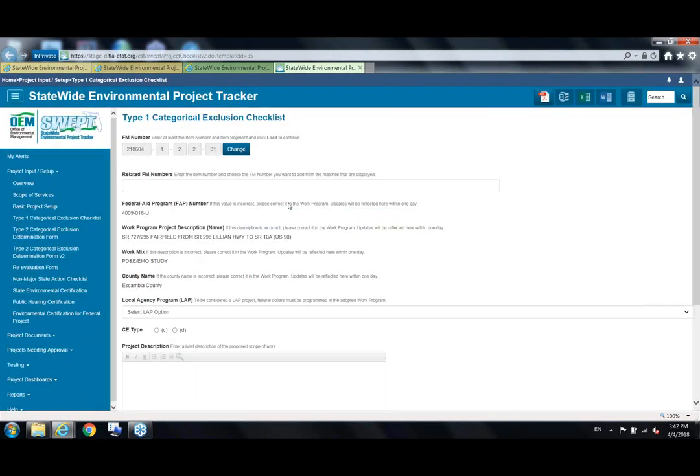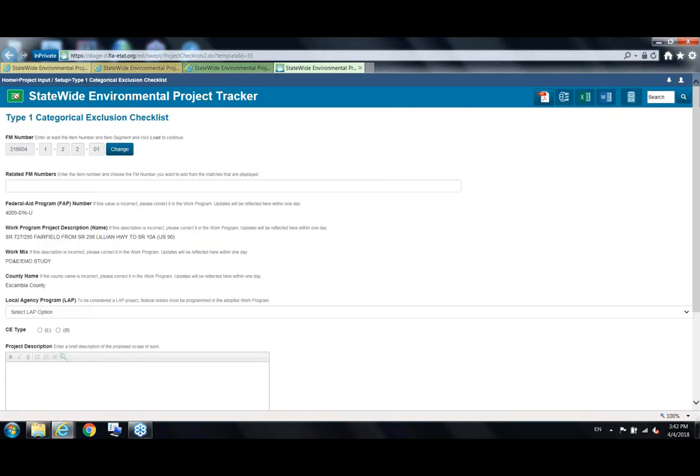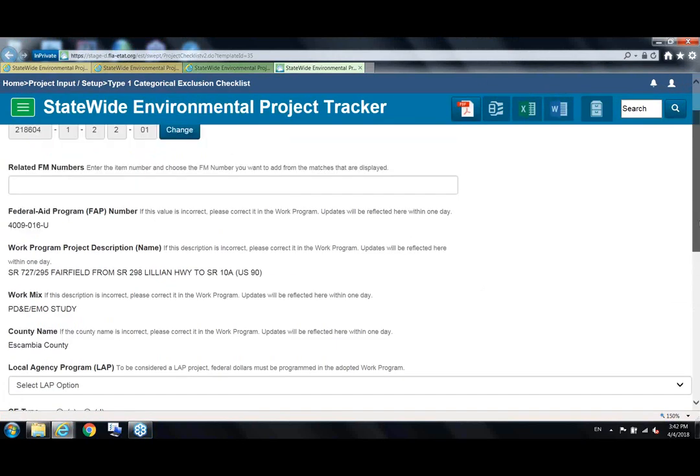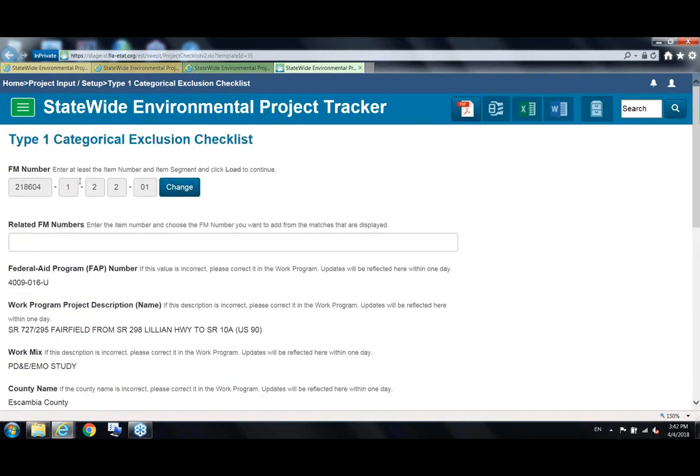Okay, and you can see it loads the type 1 form, and I'm going to collapse the left menu, and then I'm just going to zoom in a little bit so you can see the form better. It starts out with the FM number. You can put in related FM numbers,